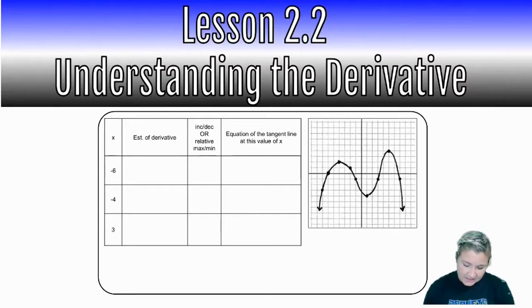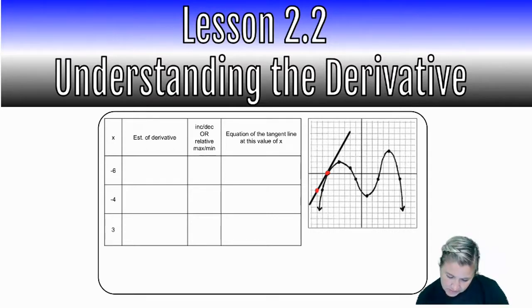So let's look when x is -6, we're going to find the slope of the tangent line. This is a little bit challenging because you try to have just straight, perfect lines that are tangent to all of that really well there. So if I were to pick 2 points, I'm going to use this point, obviously, and probably this point right here, then it looks like the slope of that tangent line. I'm just trying to make it as straight as possible. Using a ruler helps to see what that tangent line looks like. So the estimation of that derivative, the slope is going to be